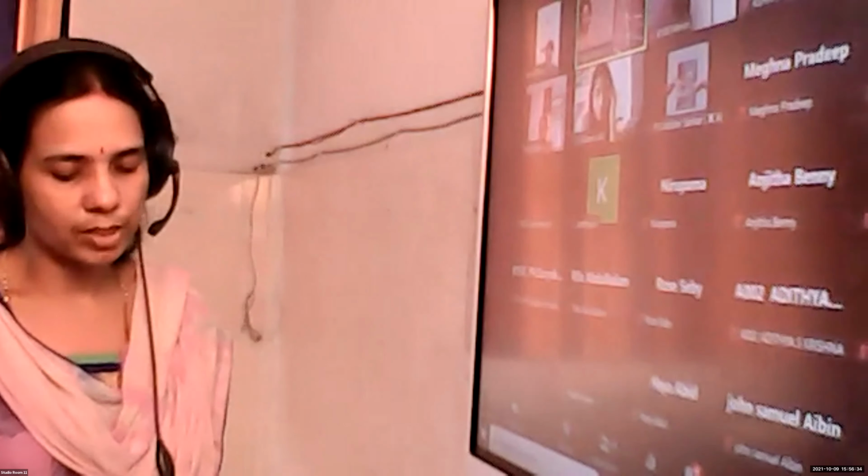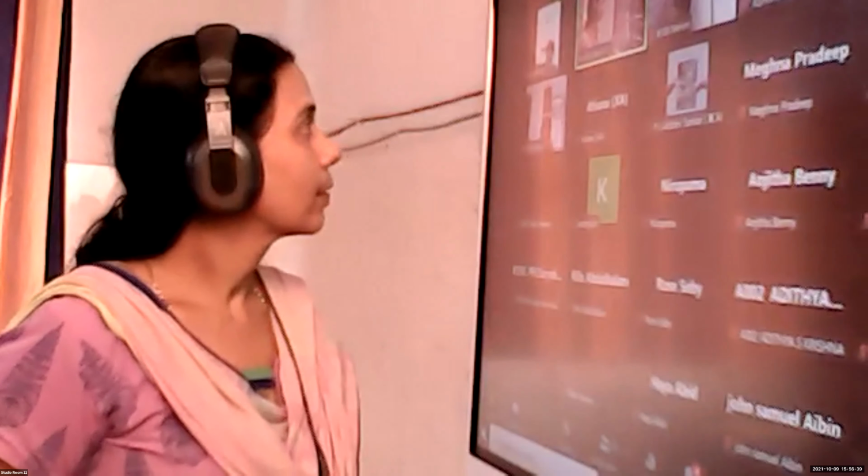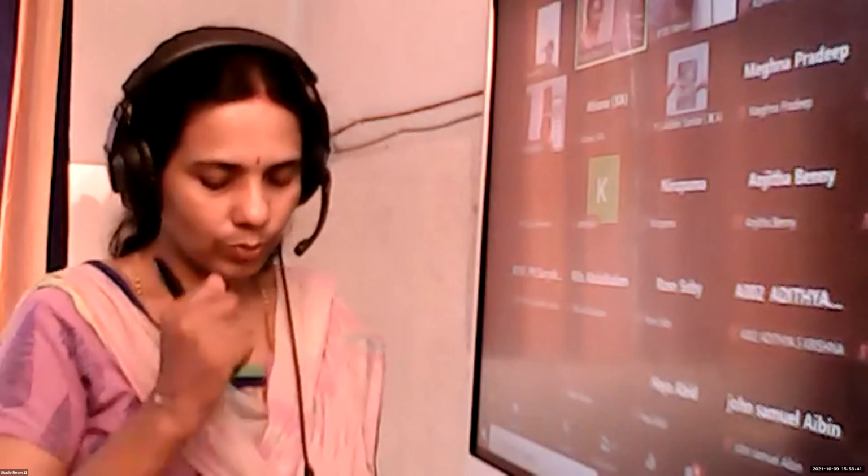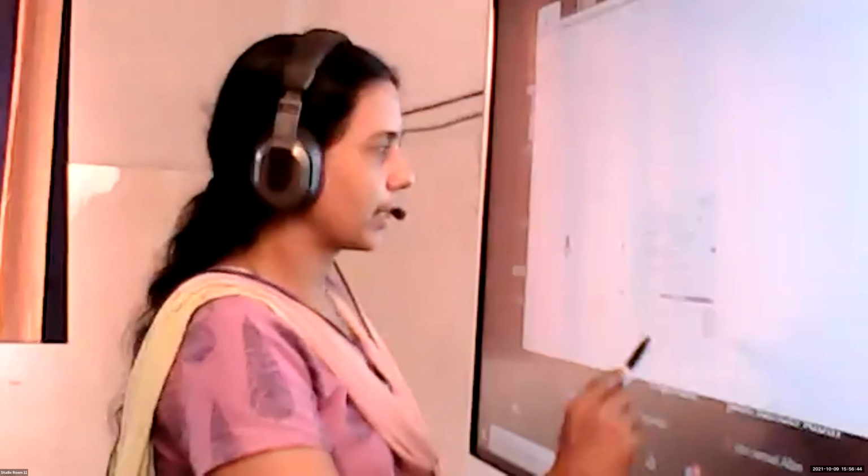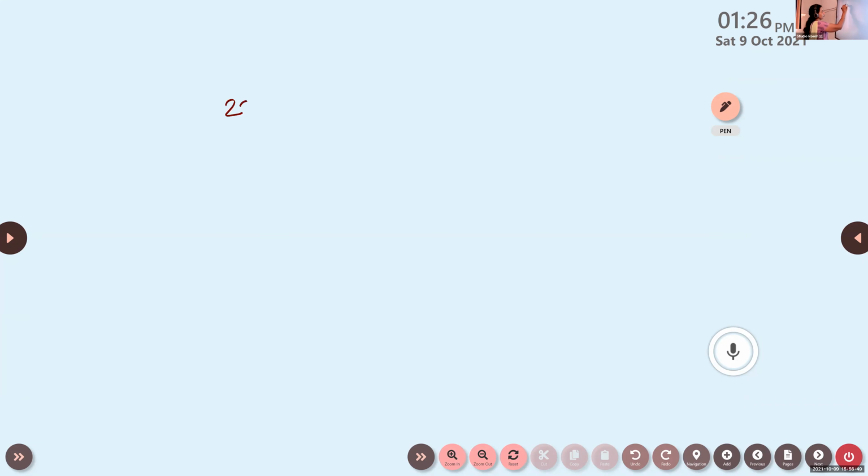The ratio in which the line 2x plus y minus 4 is equal to 0 divides the line segment joining the points